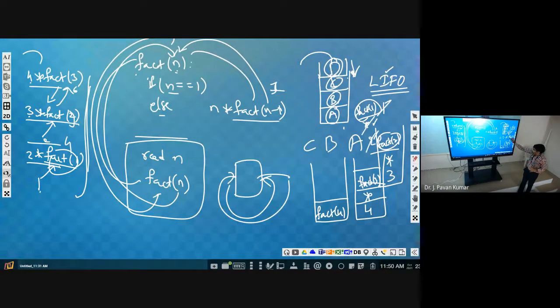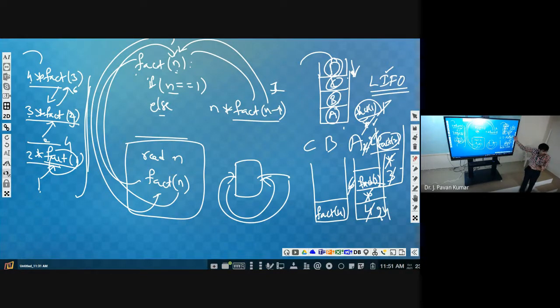Then the result will be again inserted. Now what are the contents here? 2 multiplication, then 3 multiplication, 4. Now 2 will be removed, star will be removed, then 3 will be removed. Okay, these 3 will be removed. After that, that will be performed. The result will be again pushed. So 6 multiplication, then 4. Next, 6 will be removed, this will be removed, this will be removed, and 24 will be inserted.